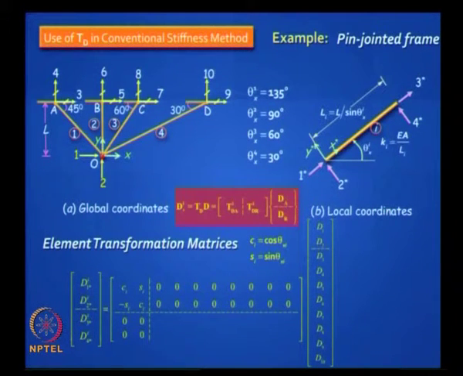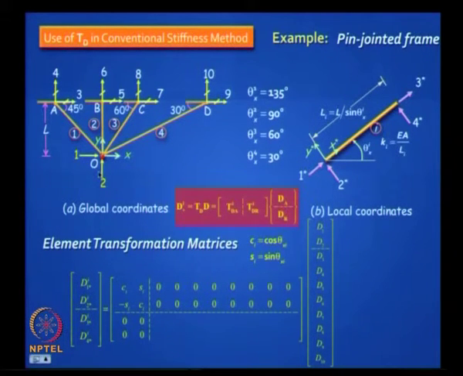Well, it depends on which of the 4 elements you are dealing with, right. Let us take the first element. This set of Ci, Si, minus Si, Ci will come somewhere here. Where will it come? Will it come here, or will it come here, will it come here, or will it come there?